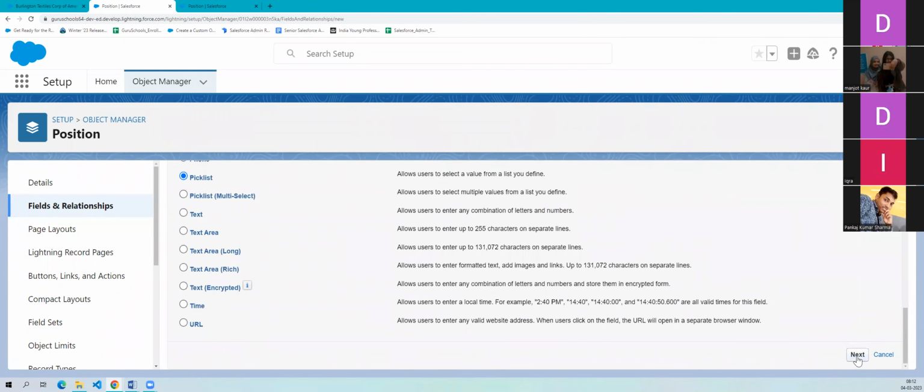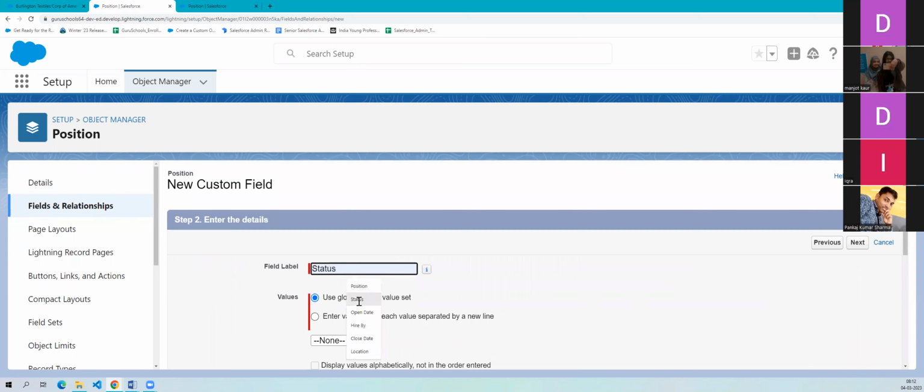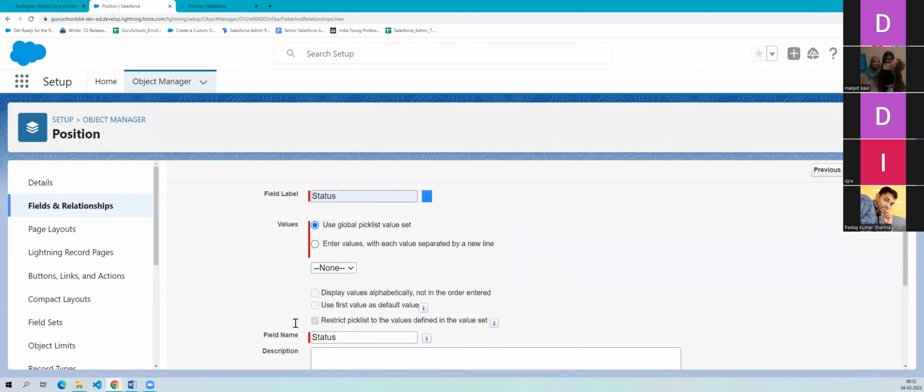Now here you will have to enter the field label as status. And as soon as I enter the field label, the field name, it will automatically take the API name or unique name. Now enter